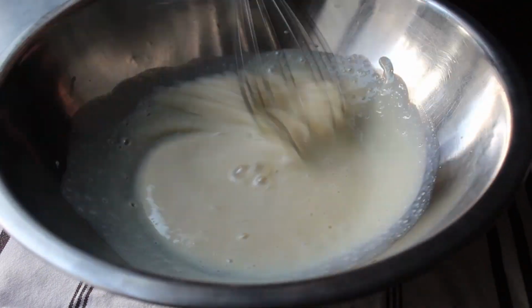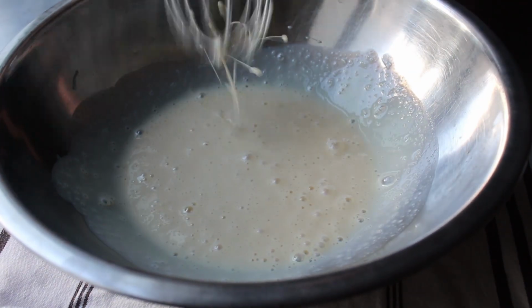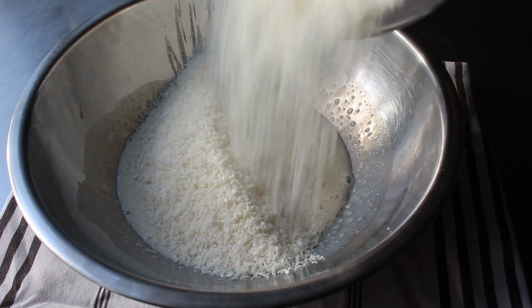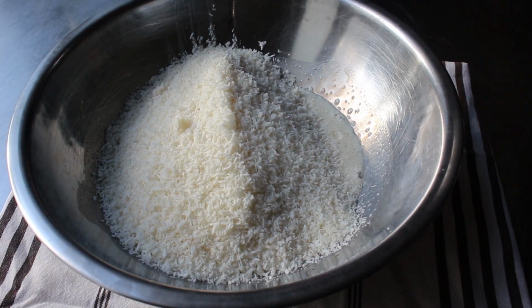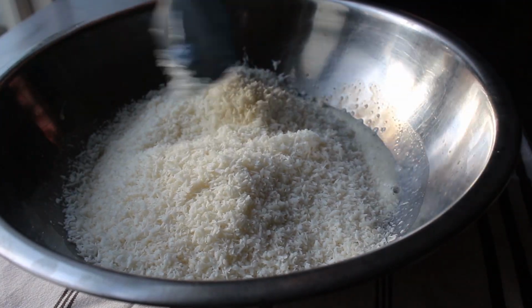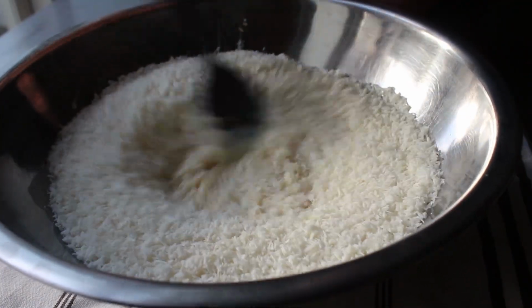And once that's been accomplished, it's time for our last and most important ingredient, some coconut. And basically there are 2 different kinds you can go with. Unsweetened, which is what I like to use, which tends to be fairly finely shredded. Or you can use the much flakier sweetened coconut. But no matter your choice, the next step is the same, as we're going to take a spatula and mix